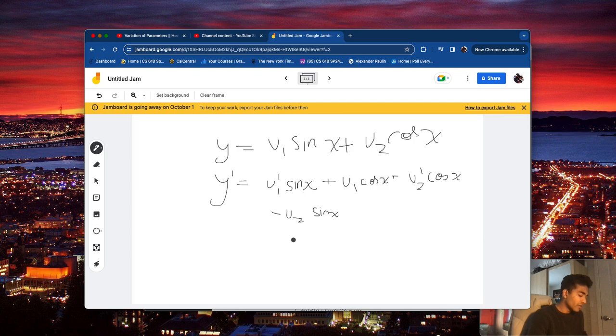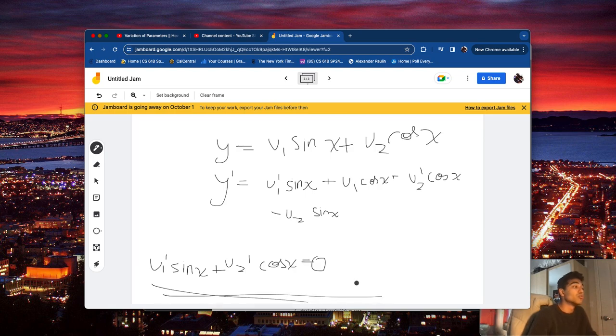Imagine this is a random constraint that I am putting on u1 and u2, which is that u1 dash sine x plus u2 dash cos x is equal to 0. So if this is true, which we are saying it is in our scenario,